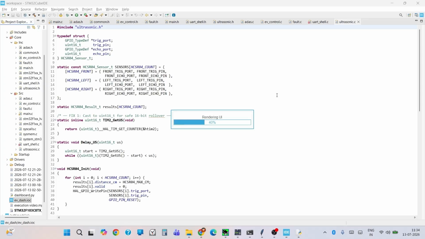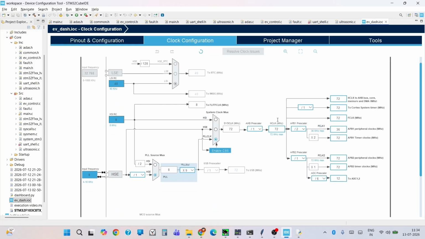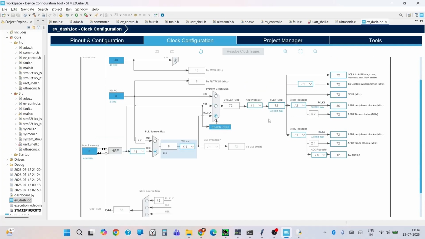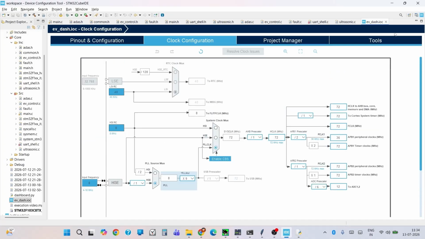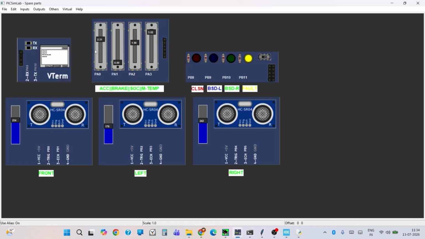and what timer settings we have. It's taking a bit. Will you open it? Okay. See, we have used all these GPIOs, and the clock configuration looks like this. Okay. I think we are done with the IDE. We can look into the setup first. Oh, I think motor temperature is increased, that's why it's showing yellow. Okay, down. See, we have a virtual terminal,